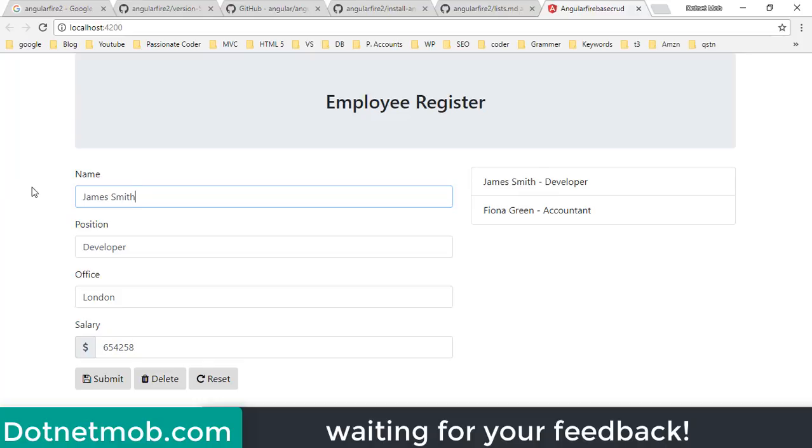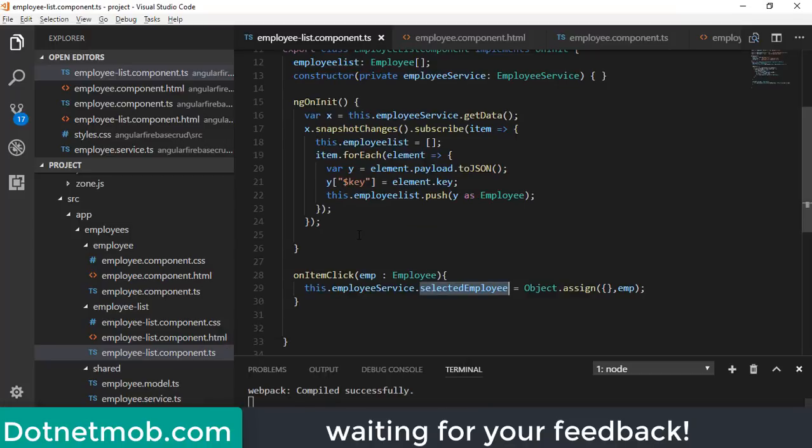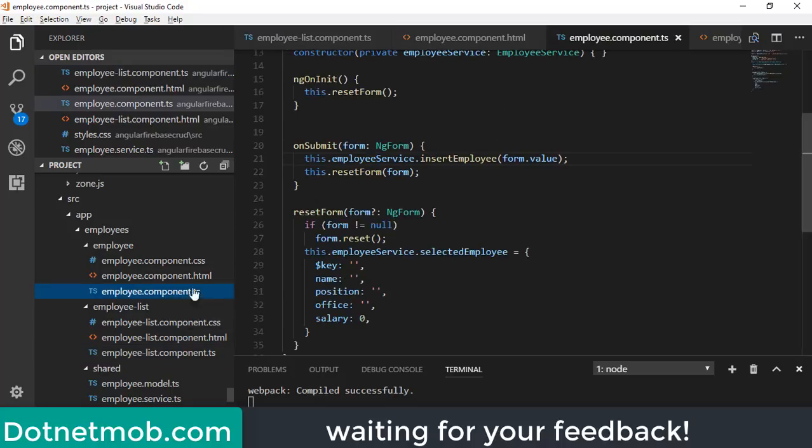So we will be using this same form for update and insert operation. So we want to make use of same submit event in order to do insert and update operation. So let's look how we can do that. Here we have the employee component. Now we need to identify whether we want to do insert or update operation. For that, I will make use of this key value here.